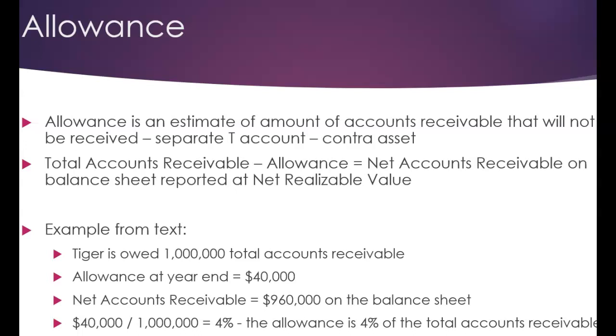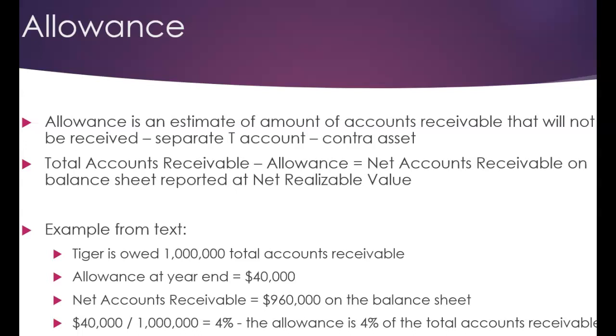And I don't believe all of my sales are going to be collected. It's not reasonable, given the nature of our work, that we're going to collect all of our money. So I'm going to use a percentage of sales and estimate what will go bad, my bad debt expense, essentially what we're doing. The allowance method is also the balance sheet method, which is going to be the aging of receivables, or the percentage of receivables that we might not collect on.